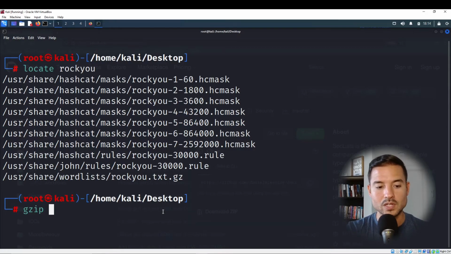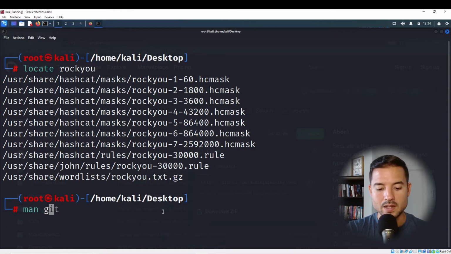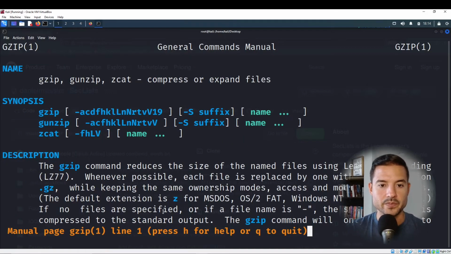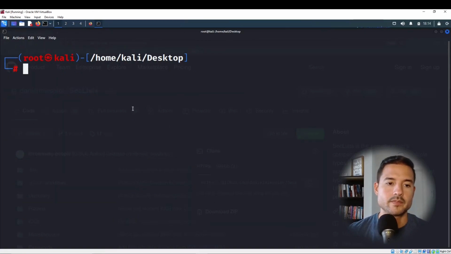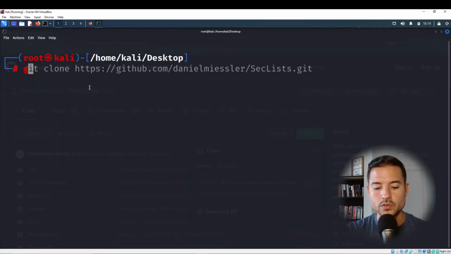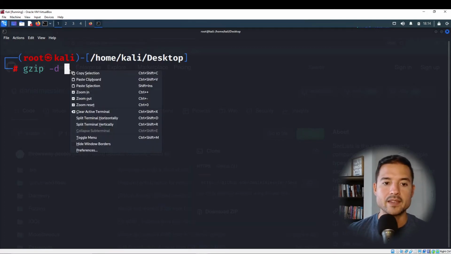Notice how it turns green, which means it's available. For the manual, you can just do man gzip, compress or expand files. Okay, so you can read it on your own time. So we're going to do gzip, and I think -d is the flag. Let me look at my cheat sheet. Yeah, it's -d, and then you're going to paste